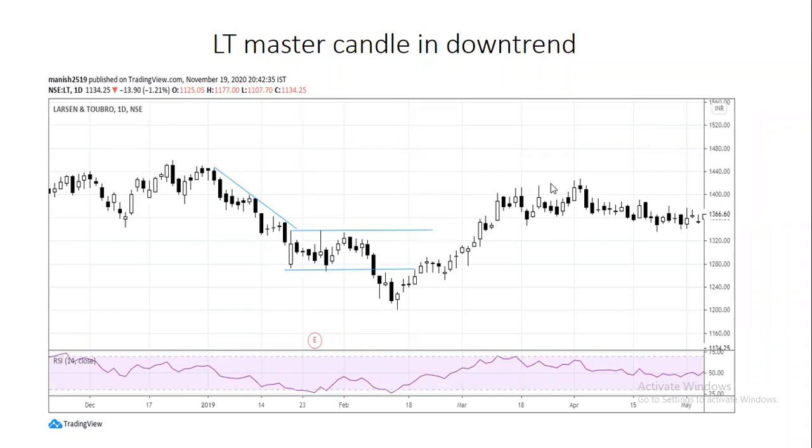50 EMA, I guess you can go for 8 EMA. Once you got a breakout, you can follow 8 EMA or 10 EMA as your trailing stop loss and you can ride the entire trend. 50 EMA as a trailing stop loss is good on daily time frame. In intraday, you can use 8 EMA or 10 EMA.